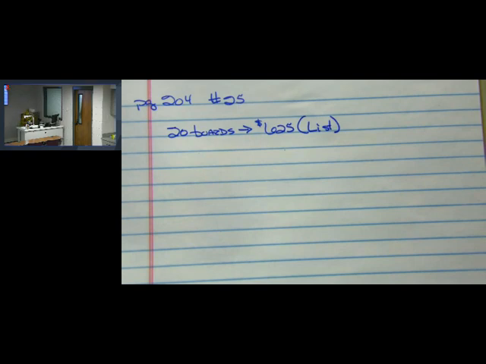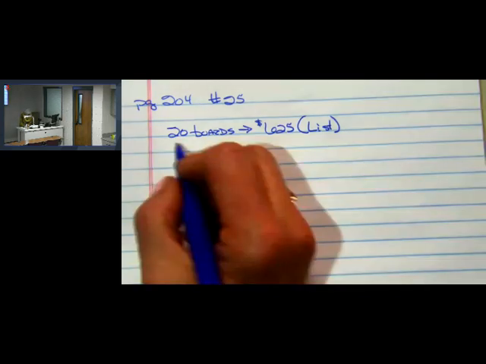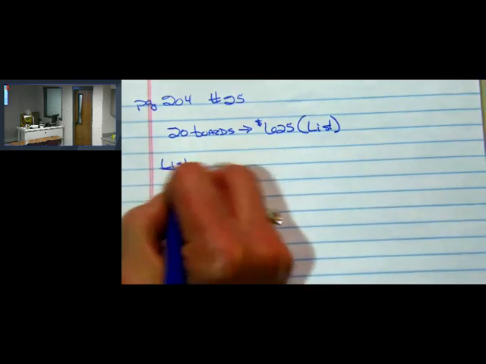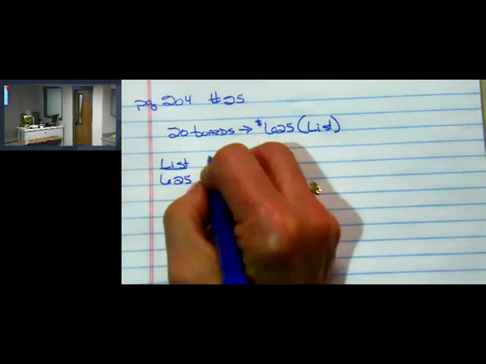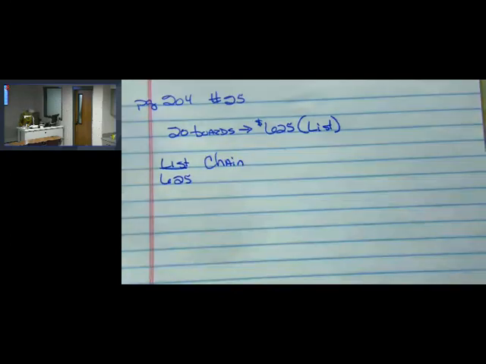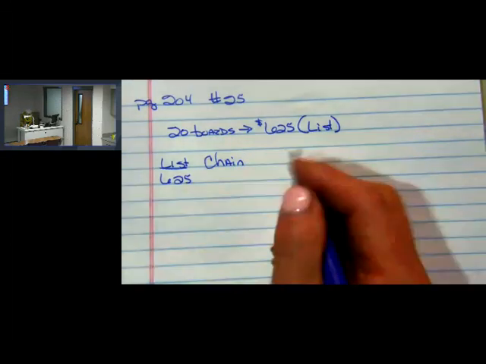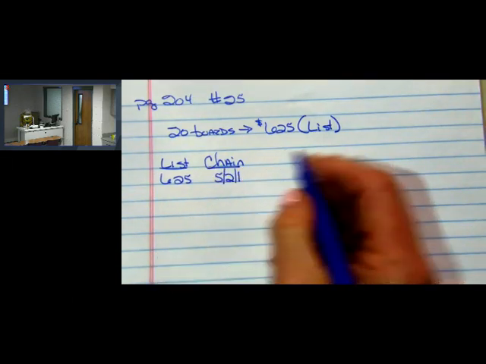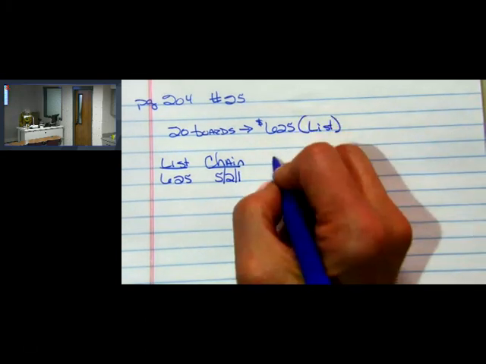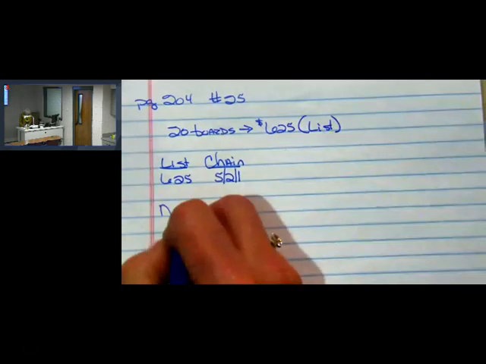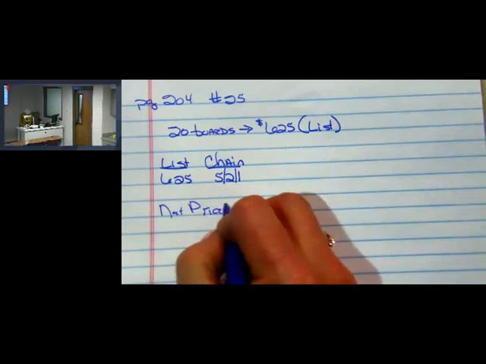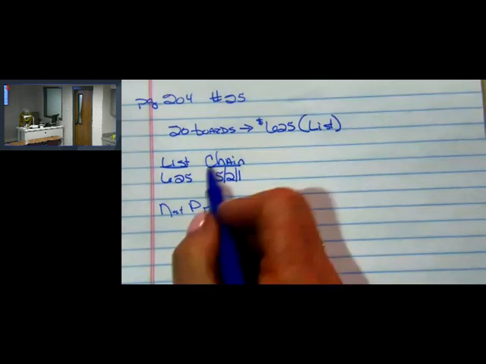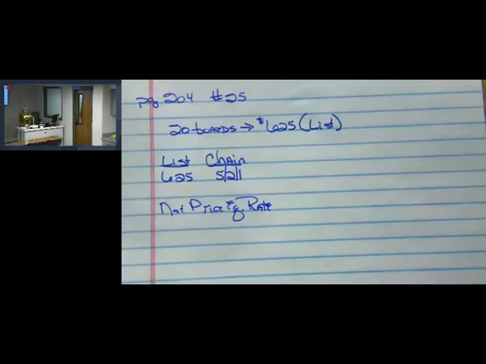What's the trade discount amount? So again, we have a 5, 2, and a 1. My list, once again, is $625. My chain is a 5, 2, and a 1. I want to go straight to my net price equivalent rate. So on my net price, I'll do it this way: for the equivalent rate, I am going to take the complements of each one of those and multiply them together.